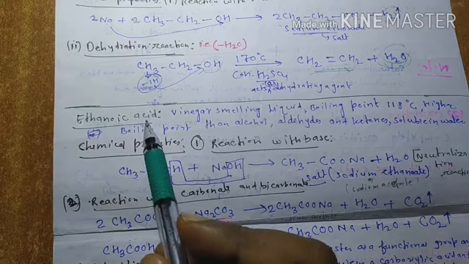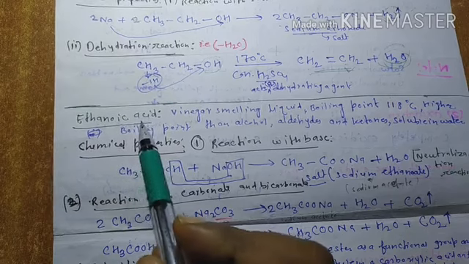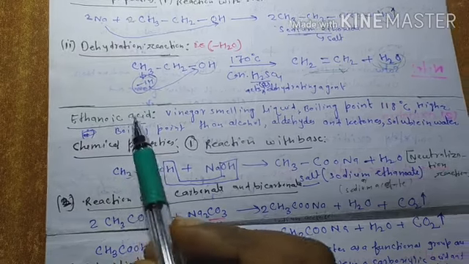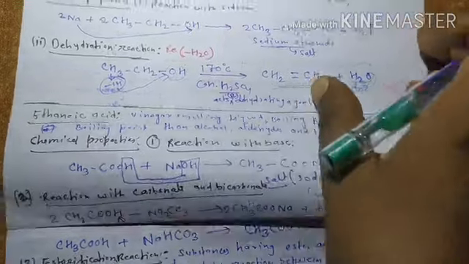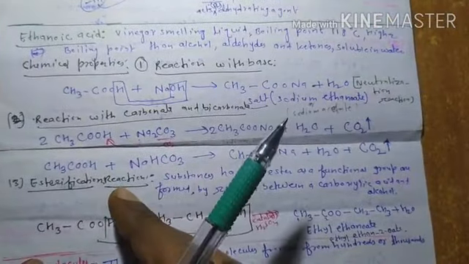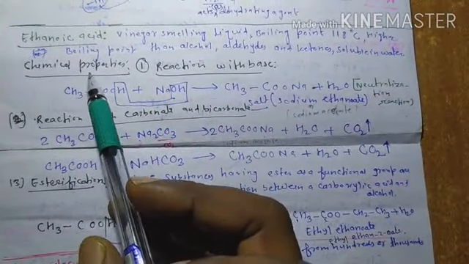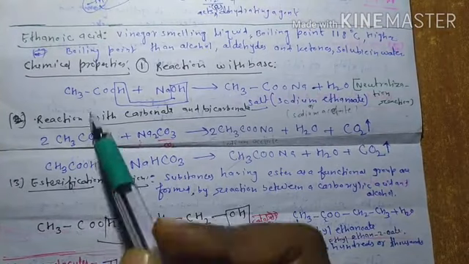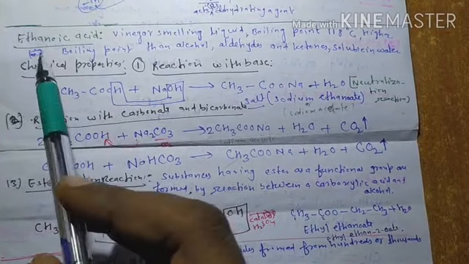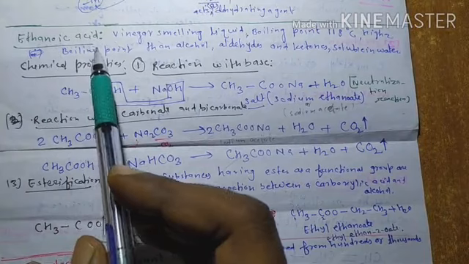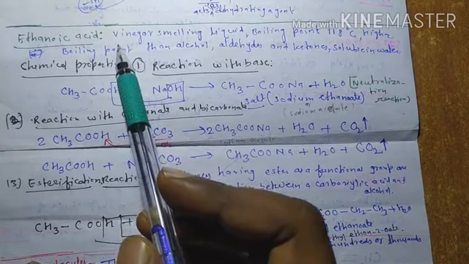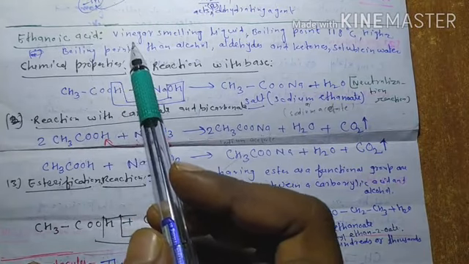Next important carbon compound is ethanoic acid. This is also very important. In this we will see 3 reactions. First one is ethanoic acid's physical properties, like its smell is like vinegar